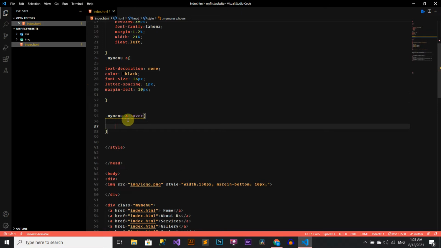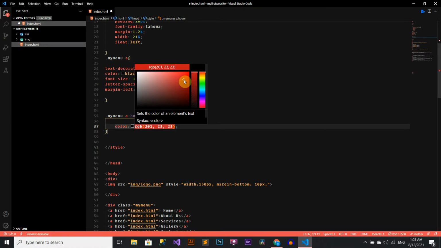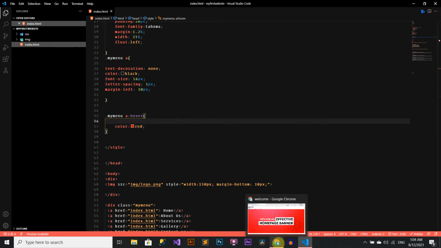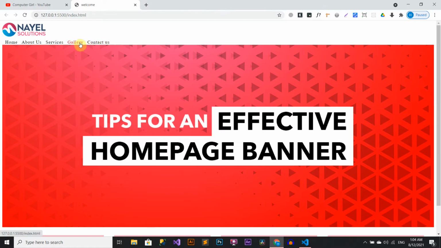So I will change color here, color colon red. Now we will check. You can see color changed.